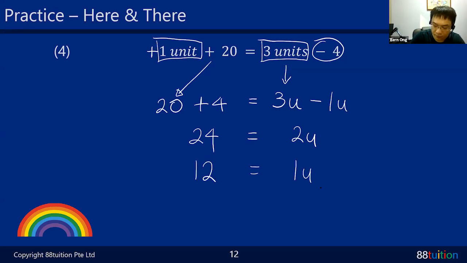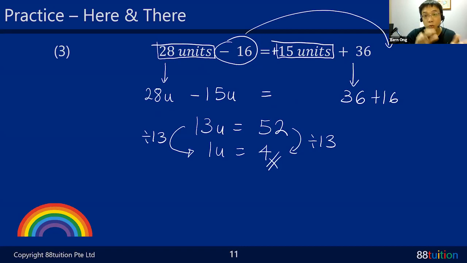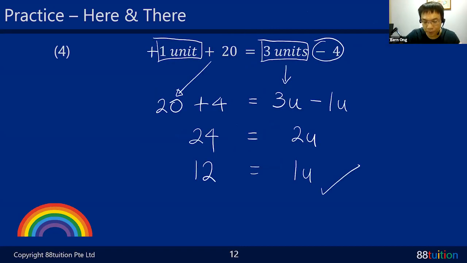Very good. So why is this like that? Because I'm trying to train your eyesight a bit. You are supposed to work what? You see? For this one, 1 unit equal to 4. Down here, 12 equal to 1 unit. You must be able to work on both sides. So your units on the left, your units on the right, no problem. I can handle it. How come? Because they balance. Don't worry.